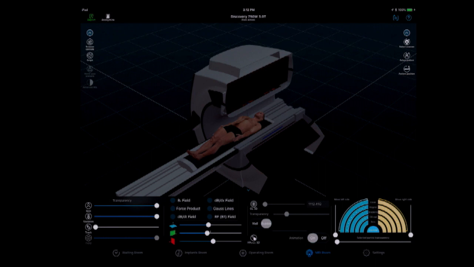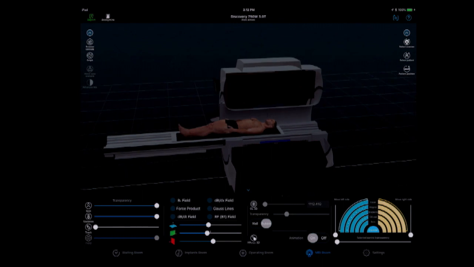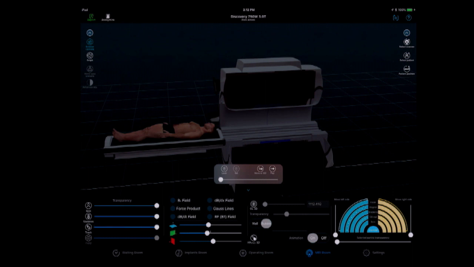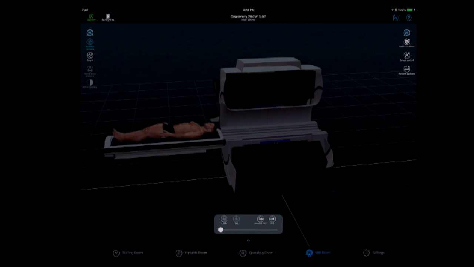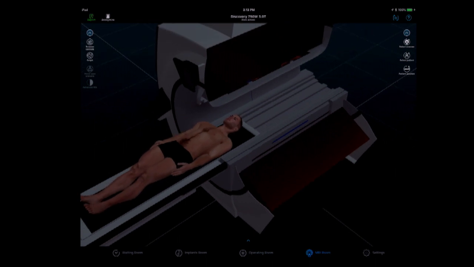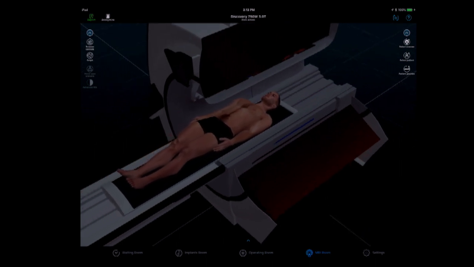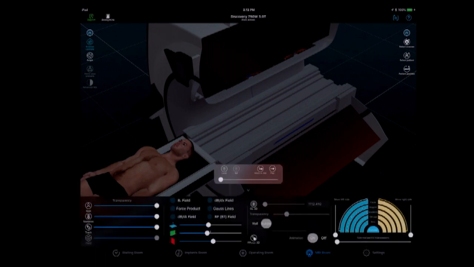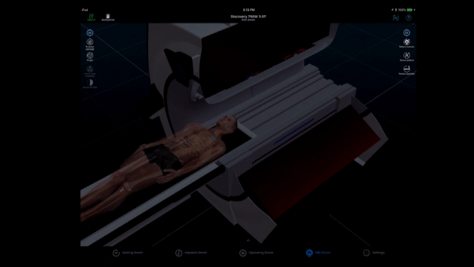So from a teaching point of view, it's meant to help illustrate what is going on where. But more importantly, there's something here that I've not done, and let's do that together. I'm going to pull him back out artificially, but now I'm going to turn on one more function. As we advance him to scan, I want you to look at something else that is going on. Look towards the legs of this patient. Let's put him into transparent mode. We'll make him partially translucent. And as he's advanced to scan,